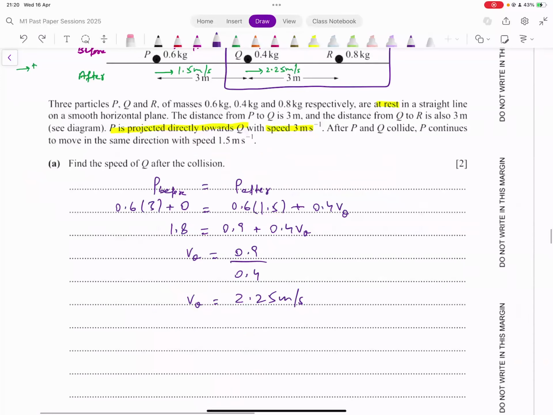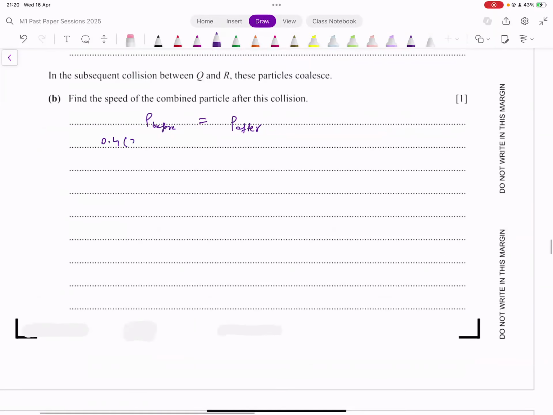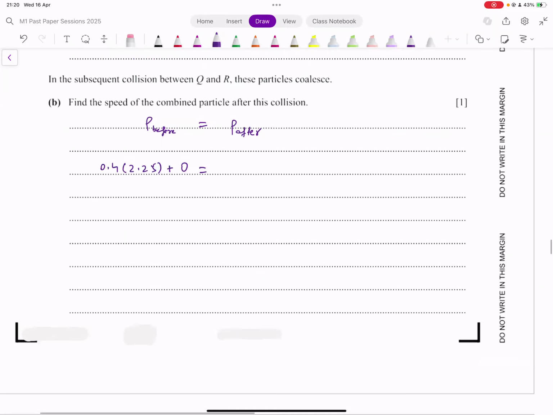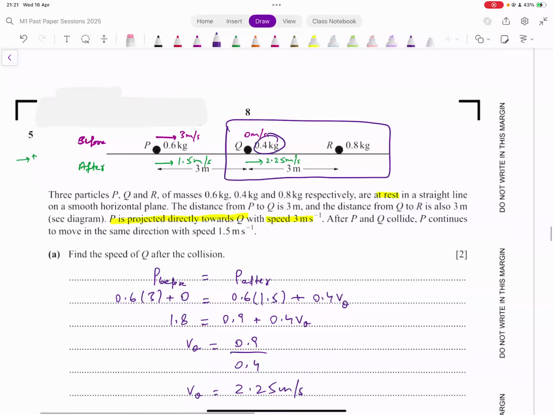So 0.4 into 2.25. Before the second collision, this is the momentum for Q. Momentum for R, that's 0 because that was not moving, that was at rest. That should equal momentum of the coalesced particle. What's the mass of the coalesced particle? 0.4 plus 0.8, that will be 1.2